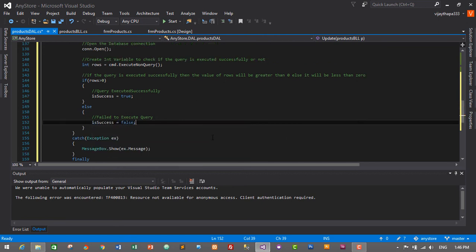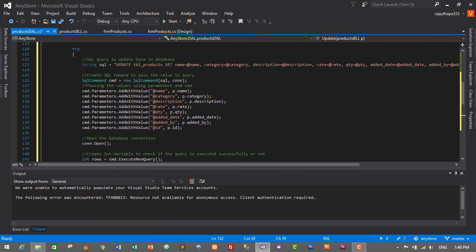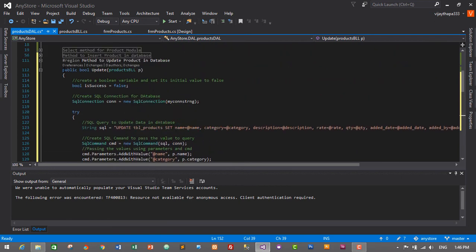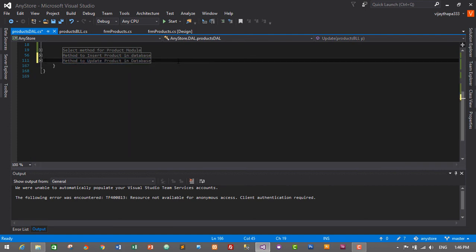So this is it, guys. We have successfully created a method to update products in our database. Now we need to create another method to delete the product from our database. So let's create another region, method to delete product